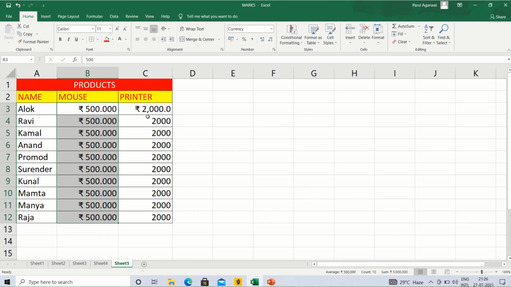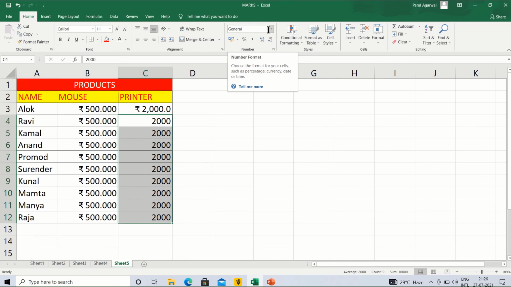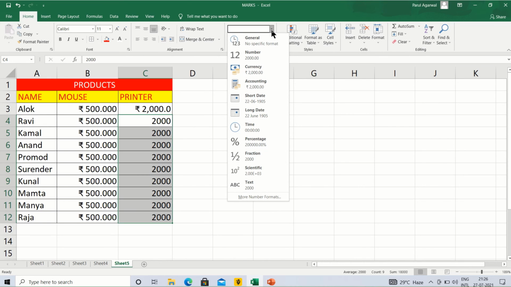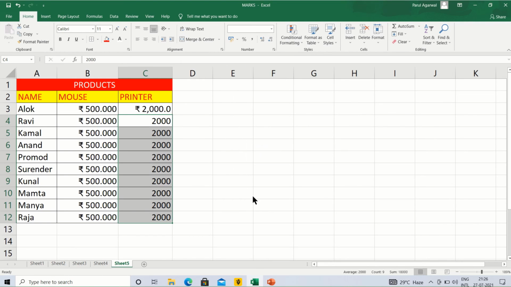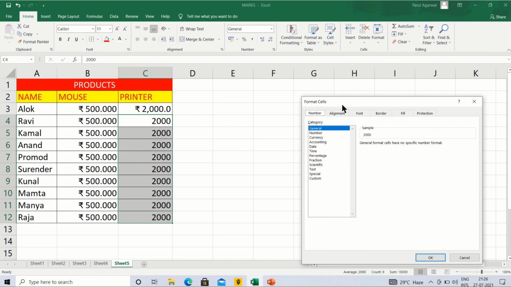If we want to apply the number format on these, we have one more method also. You will go here and you can take More Number Formats. When we click on More Number Formats, we'll get a dialog box, and from here we can take Currency.